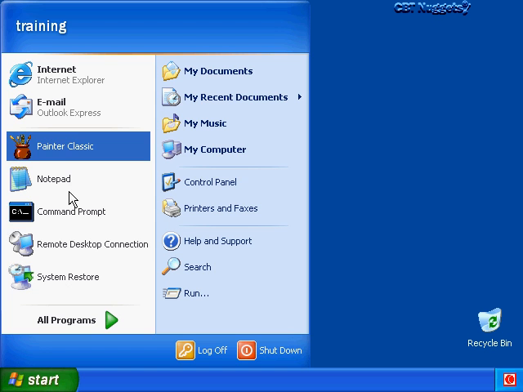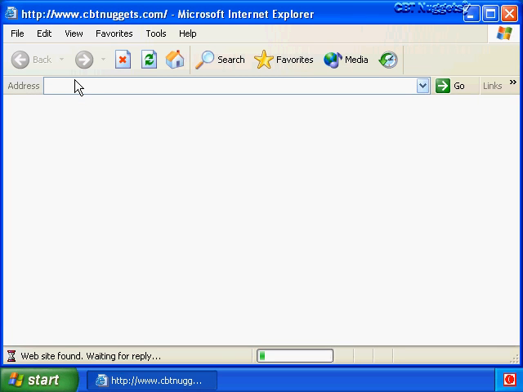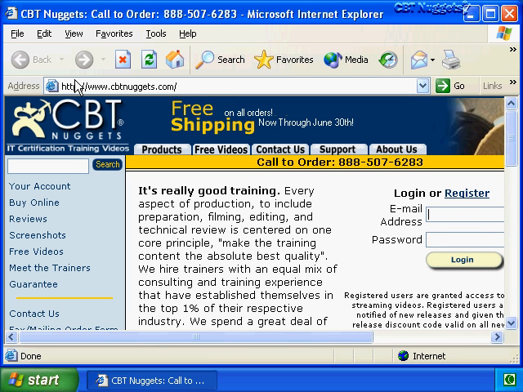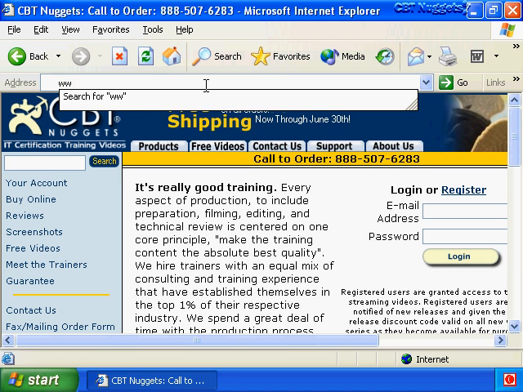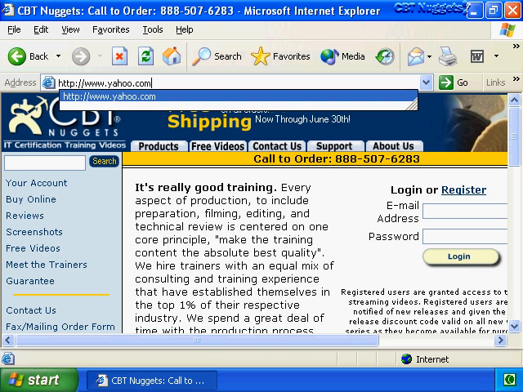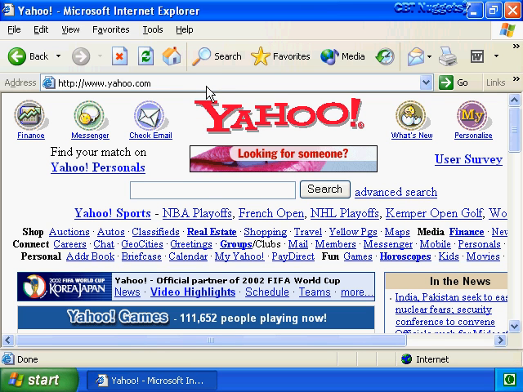Just going to click on Start, choose Internet Explorer, fire up our website. So in this example, let's say we use yahoo.com for our news and information, and we want to find out what the privacy policy of yahoo.com is to help us determine what type of cookies we're going to allow or not allow from yahoo.com. So let's kick this off by going to Yahoo. So Yahoo could place some first-party cookies on our machine that store our personal information from My Yahoo, and we want to find out what type of information they're going to track, how they're going to track that,